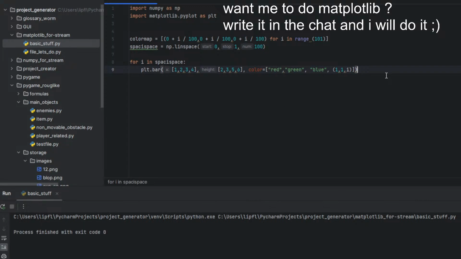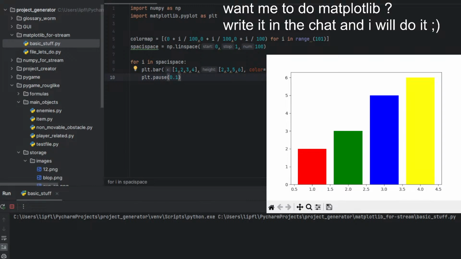Oh, I forgot to do plt.pause, 0.1. Okay, it doesn't change. Oh yeah, it changes, as you can see here.